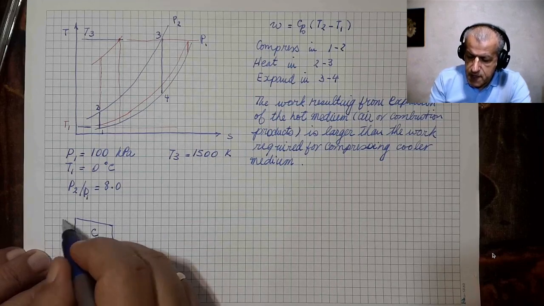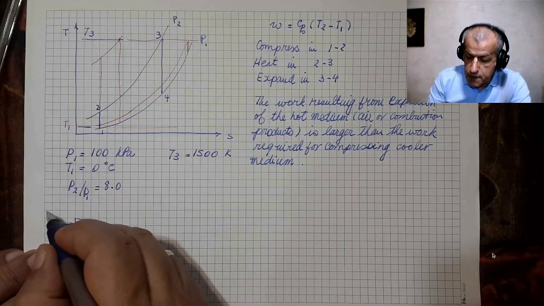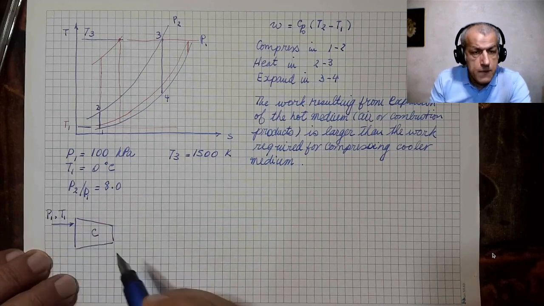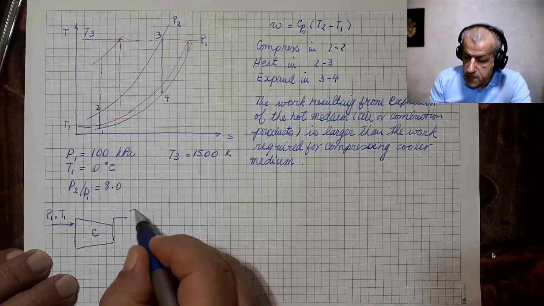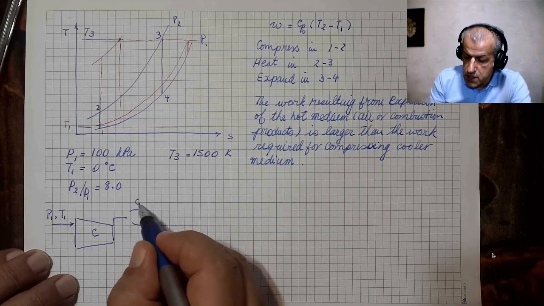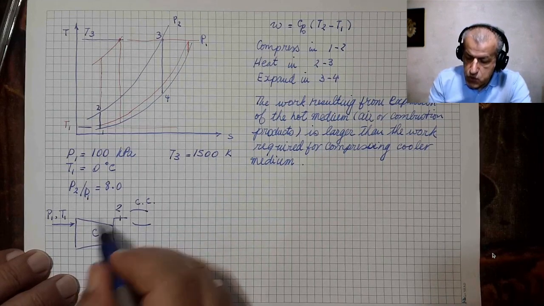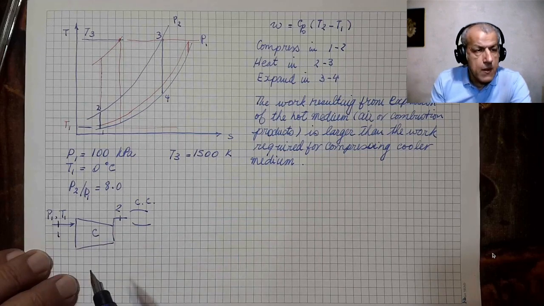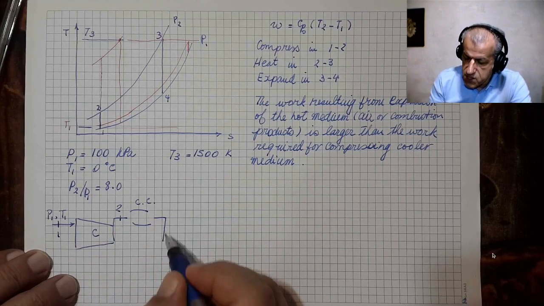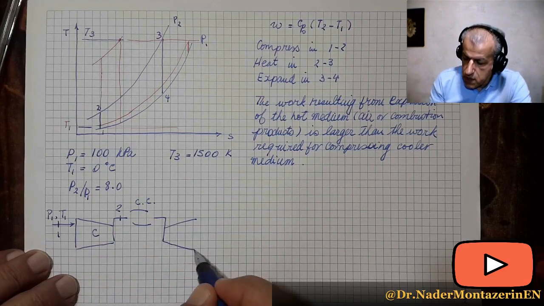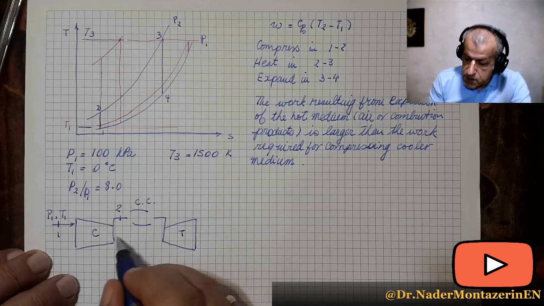There is a compressor where air enters it, and this is P1 and T1. The outgoing air goes into the combustion chamber. Usually they show it with CC, and this is point 2, this is point 1. Then the air out of the combustion chamber goes into a turbine where it expands, and there is a shaft